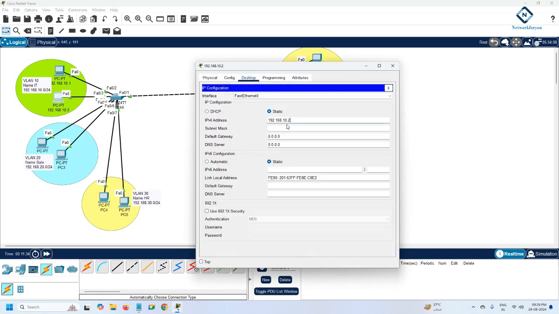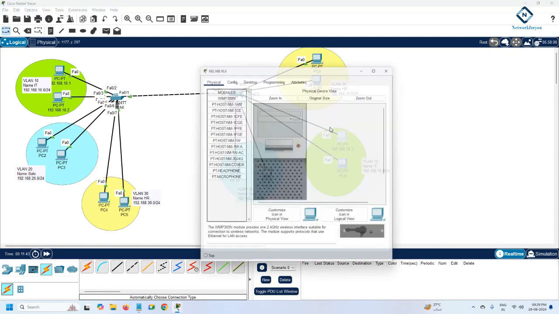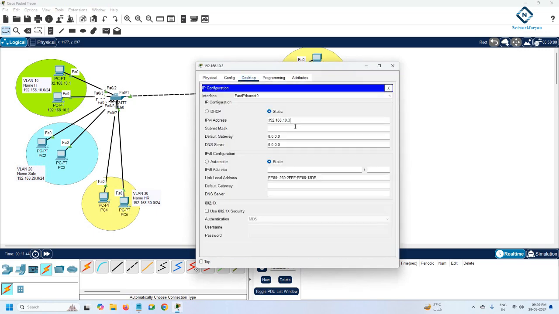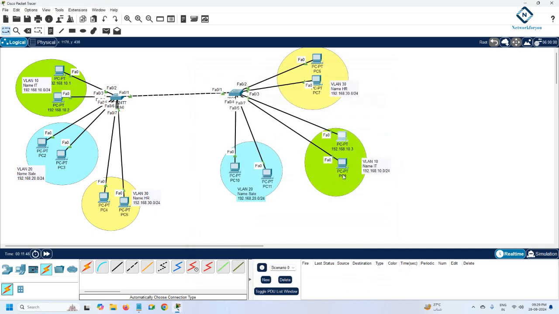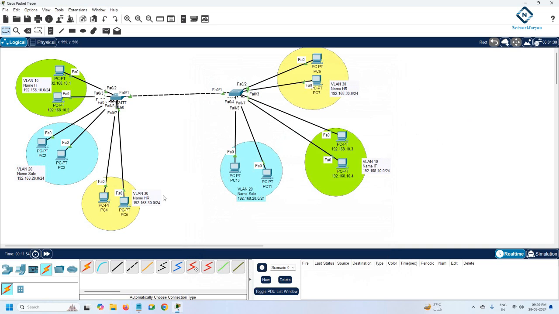So if you see here, I put here, then let's go to this computer, this one. So we can put here 10.3 and we can assign this IP to this machine. I will go inside this machine, I will assign again. I will change here the .3 to .4 and we are going to assign this IP. And here, okay, and what else we can do here? We can do the configuration. We can put the label here